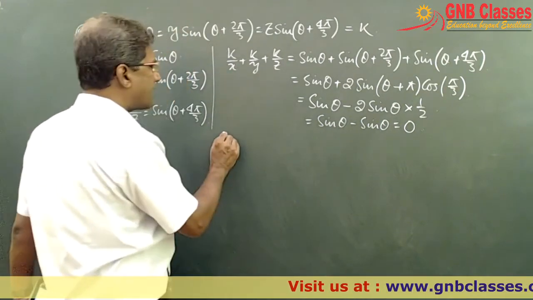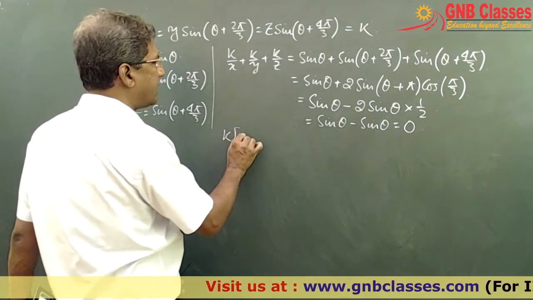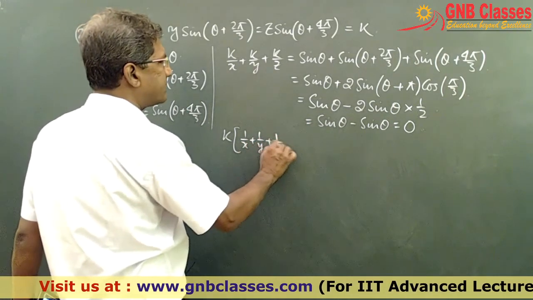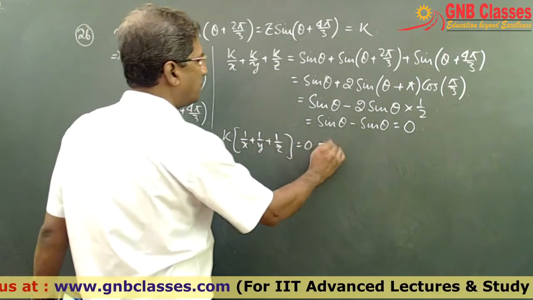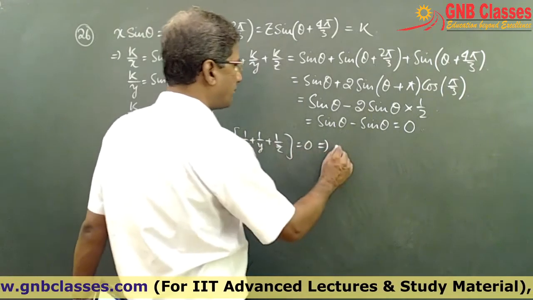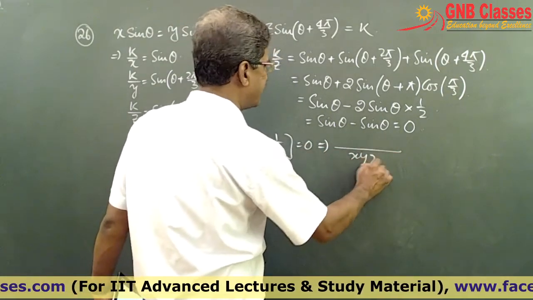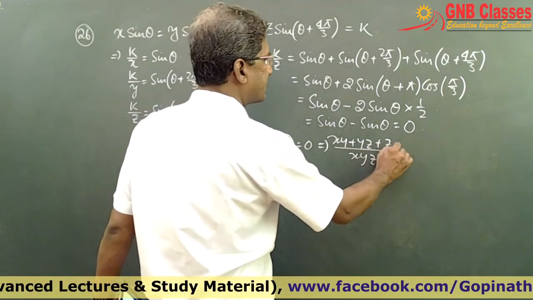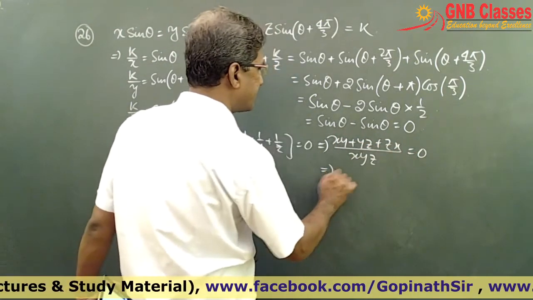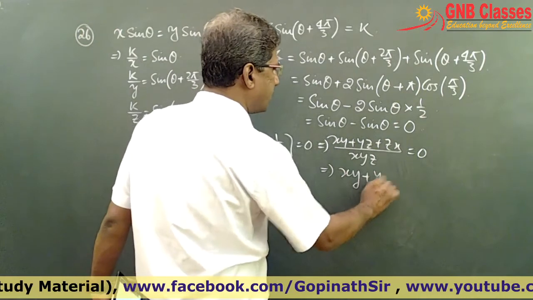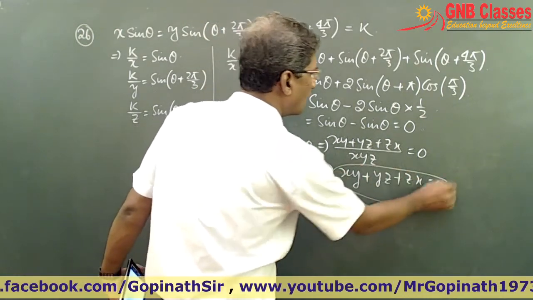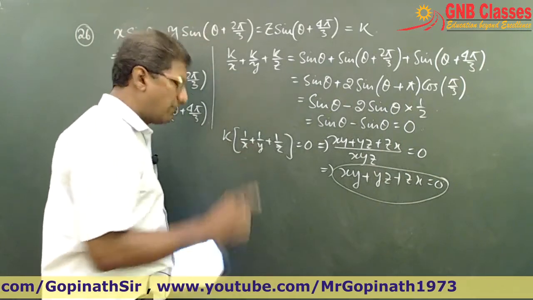Now in the left hand side, if I take k common, so we are getting 1 by x plus 1 by y plus 1 by z as 0. That implies if I take the LCM, so we are going to get xyz, xy plus yz plus zx equals to 0. That implies xy plus yz plus zx equals to 0. Is it clear to all of you? Therefore,